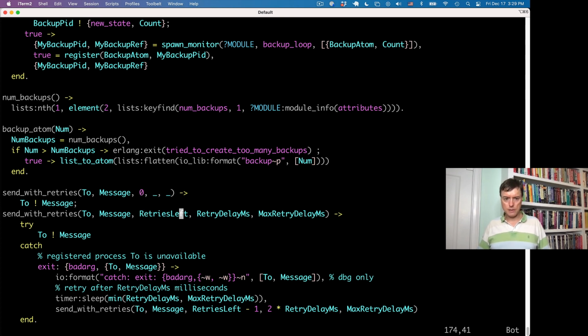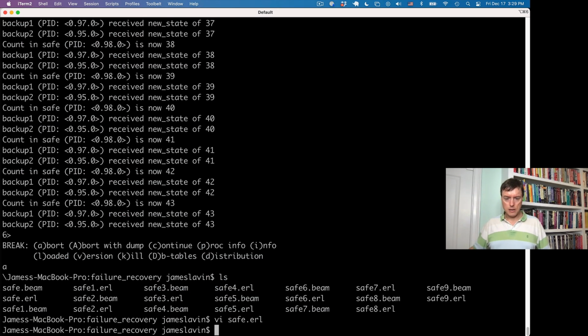And since all 5 of these parameters are variables with no pattern matching, any call to send with retries that has 5 parameters will always match this. But if you have no more retries left, you will match here, and that's the end of the chain. So I won't go through every line of this in detail. You can look at this if you want to, but you saw the program in action, and it should give